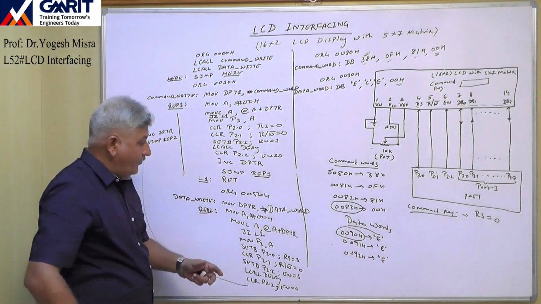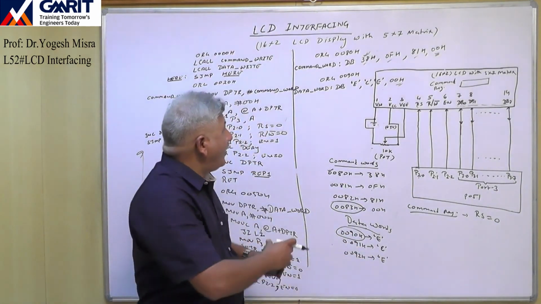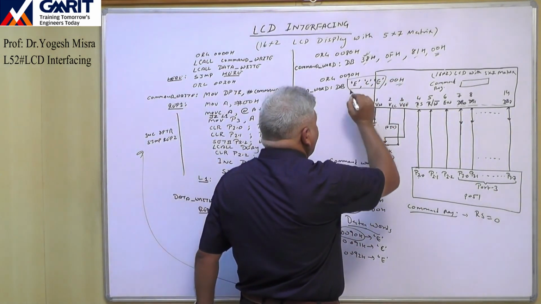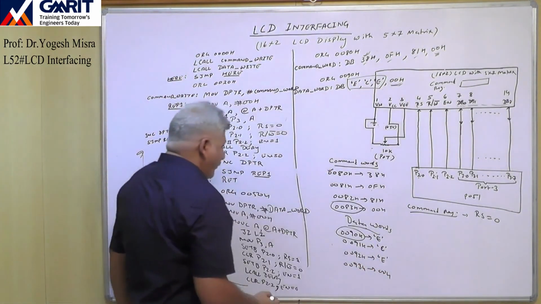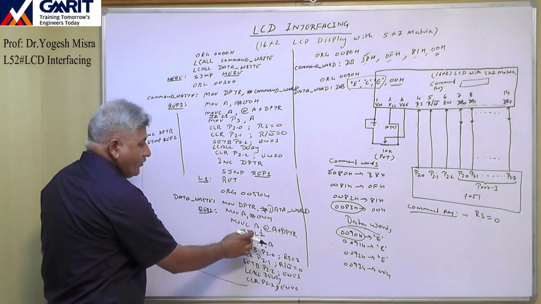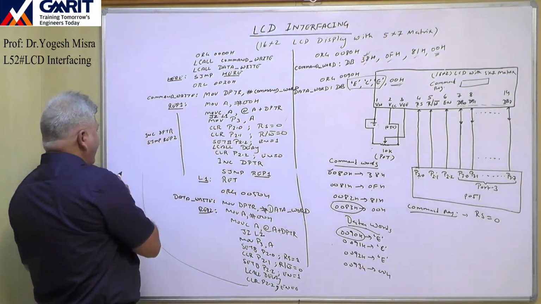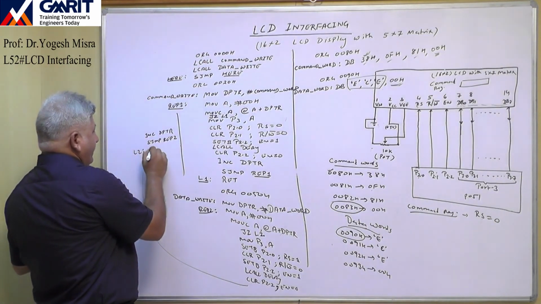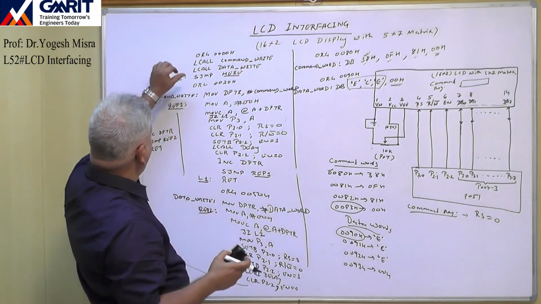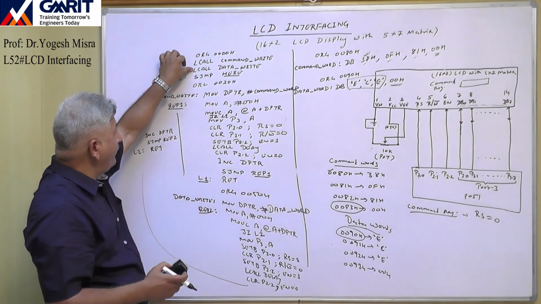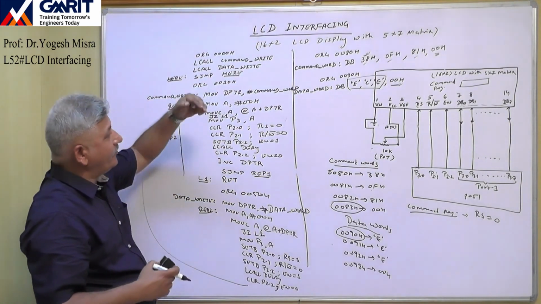Once the value in A is 0, meaning after loading all three characters E, C, E, in the last, at address 0093H, there is 00H. Once it is 00, at that time the jump-zero flag will set and it will transfer the sequence to L2, and the L2 label is here. Here we will write RET. With the RET, the program will come here. This means the command words are also loaded in the command register, and after this SJMP here, the controller will execute this instruction and things will be displayed.